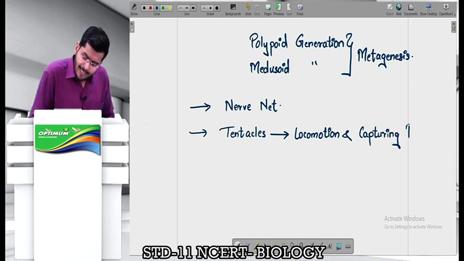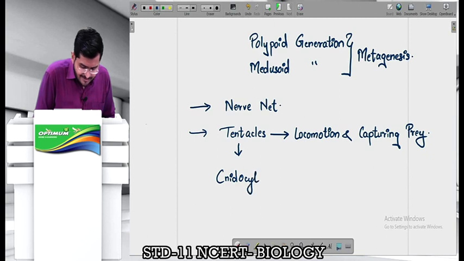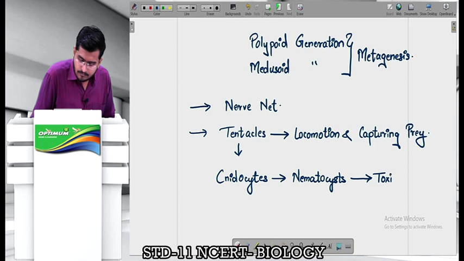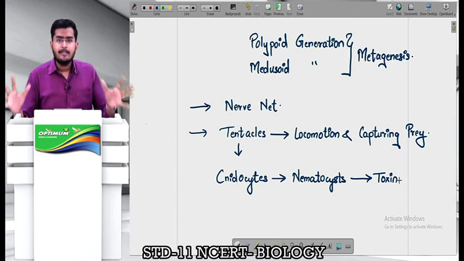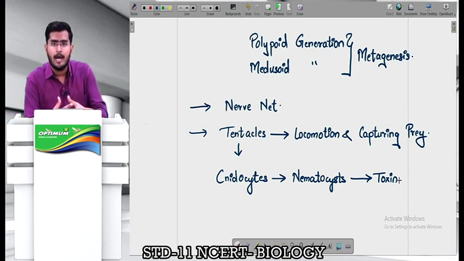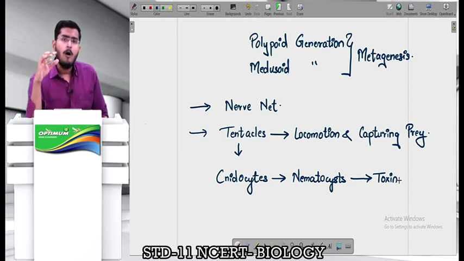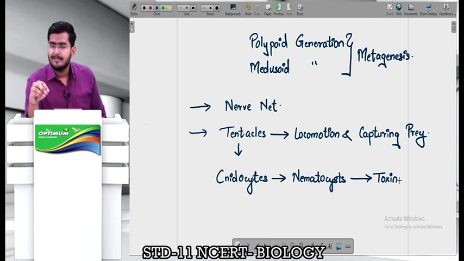Now here is a very important point, students. These tentacles are going to have stinging cells which are called nidocytes, and nidocytes पर एक structure होता है जिनको बोला जाता है nematocyst, which will release toxin. So they use their tentacles to capture the prey. They have long tentacles and they will just curl their tentacle around the prey and they will capture the prey. On the tentacle, there are going to be nidocytes. These are specialized stinging cells which have a structure called nematocyst, which releases toxin.